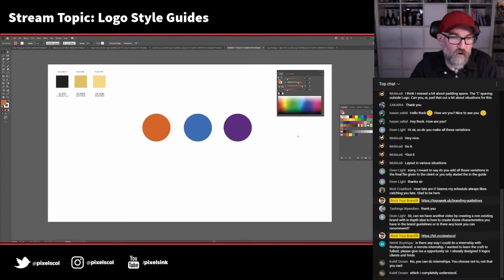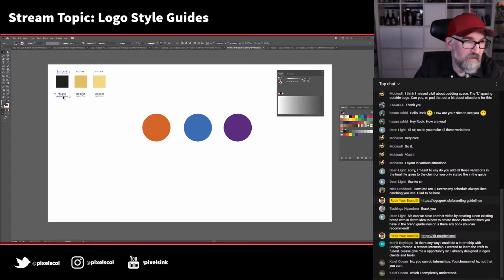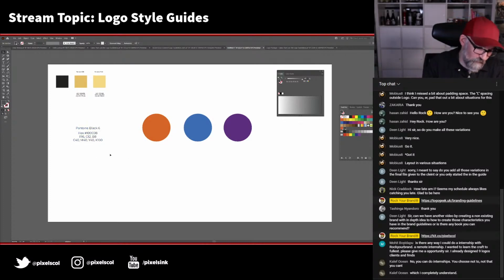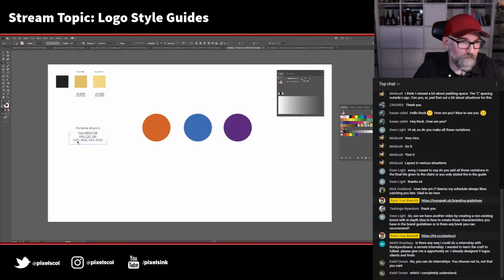So we've got this orange. Let's say I stick with this orange. I now need to get these numbers here. I need to get my Pantone numbers, my hexadecimal numbers, RGB numbers, and we've already got the CMYK numbers from our Swatchos card because we're going to stick with that orange. So the CMYK numbers we know are